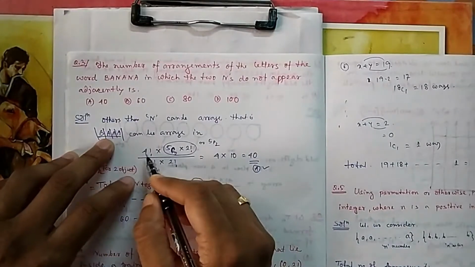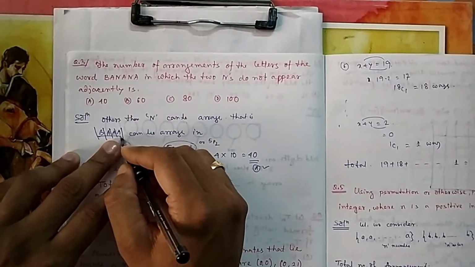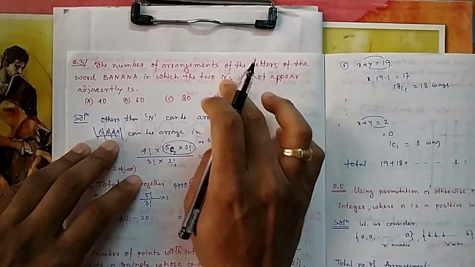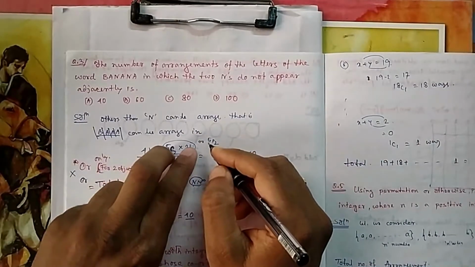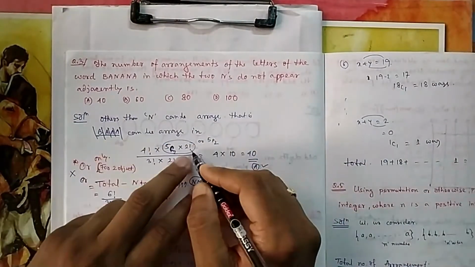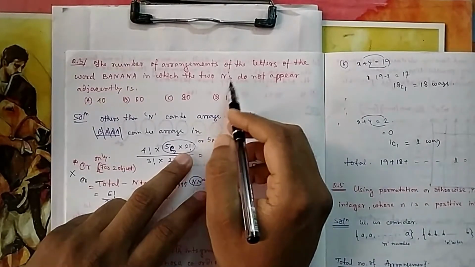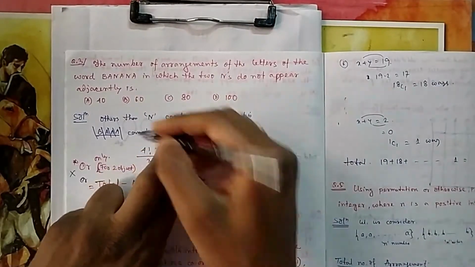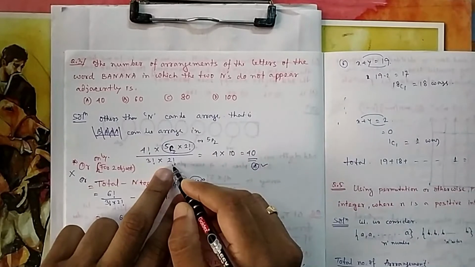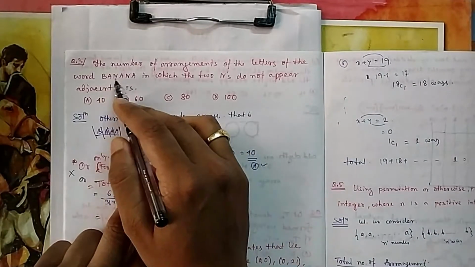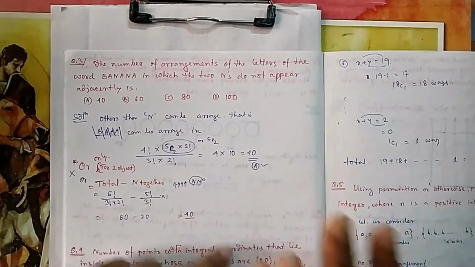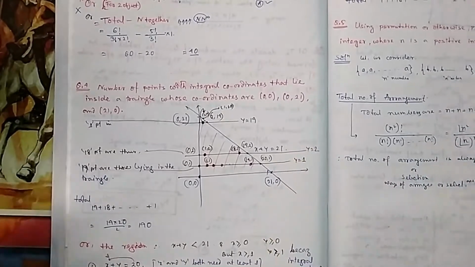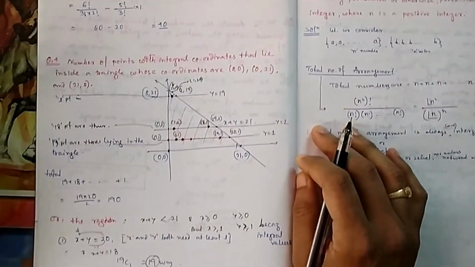So 4 things you can put in 4 factorial ways. Now how many places do you have? 1, 2, 3, 4, 5. In these 5 places you will make the n's sit. So that is 5P2, you directly write it, don't write C2, because if you take C2 then you have to multiply by 2 again for arrangement. But here it is repeating, that's why it will be divided. Anyway, go for the general formula: 5 places, 2 persons, 5P2. Because it is repeating, at the end you divide by the repetitions. How many a's? 3 a's. How many n's? 2 n's. So you divide, and your answer is this. There is another approach also, but I am showing only one approach. In every question you will find 2-3 approaches, but I am explaining only one.